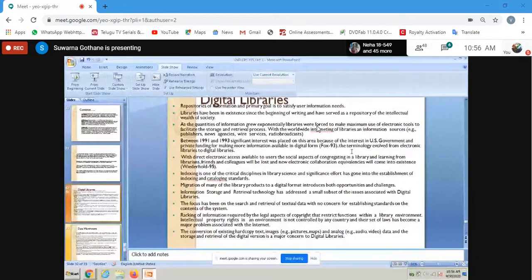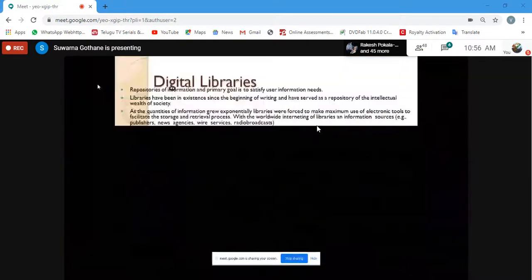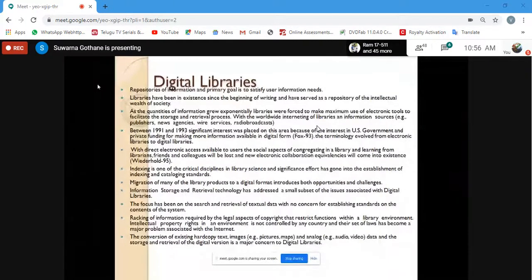So digital libraries can be available for your pictures, maps, and for audio and video. Considering all sorts of data, analog and digital, it is going to produce results. This is about digital libraries. So I hope you have got it clear. Digital libraries mean nothing but a storage location which allows us to retrieve information. Once it is available over there, you can retrieve this information in digital form.